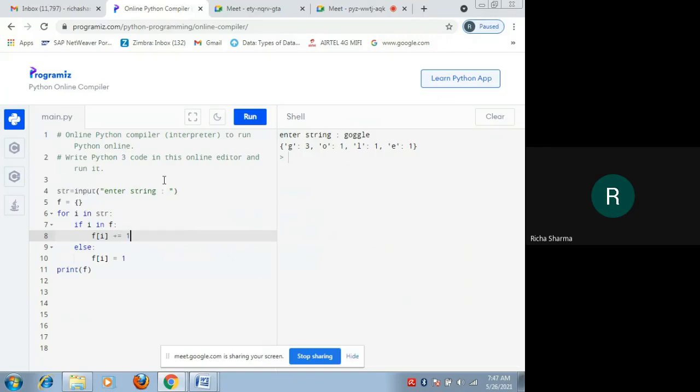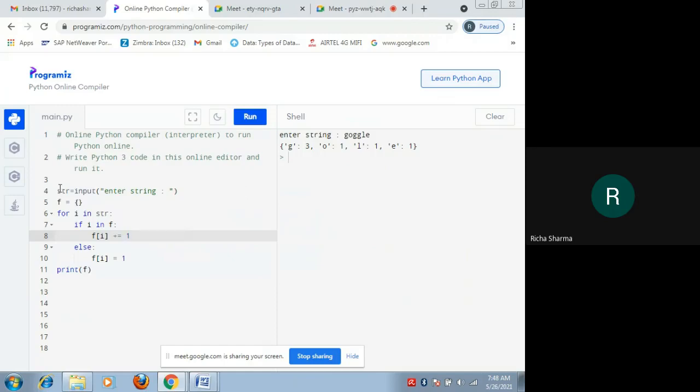We are very familiar with the syntax part of Python that we have discussed in the earlier programs, how to write something on the output screen and how to read the values that the user passes at runtime. So in line number 4, we are reading the string that the user will pass and storing it in the variable str.